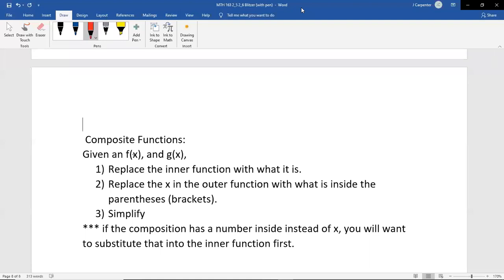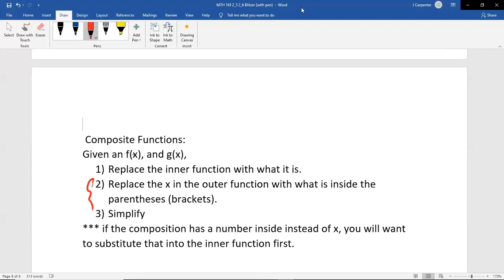I prefer brackets personally because you'll have parentheses inside of other parentheses otherwise. Replace the x in the outer function with what is actually inside of it. This right here is the same exact step of any function evaluation. If you want to do f of 2, you replace the x from the f function with 2's. If you want to do f of x plus h, you turn the x's into x plus h's. So the letter outside tells you which function to go to, and the thing inside tells you what to replace